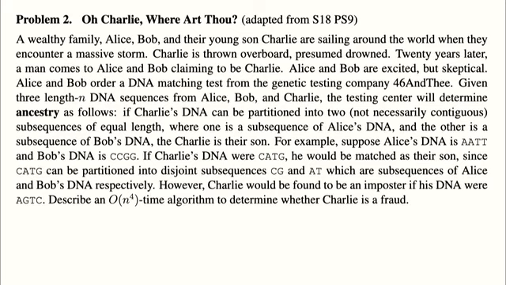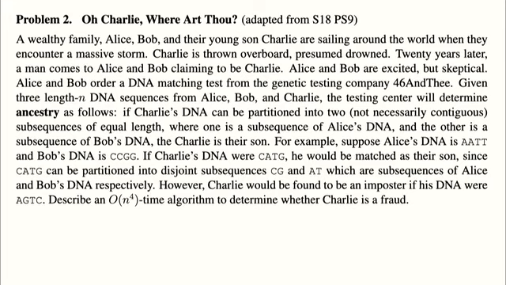If Charlie's DNA can be partitioned into 2, not necessarily contiguous, subsequences of equal length, so basically if n is length 6, it had better be even, I need to find 3 characters in order, and then the other 3 characters